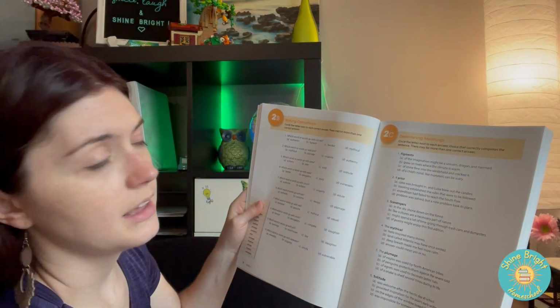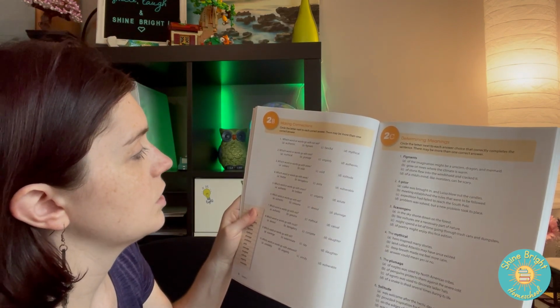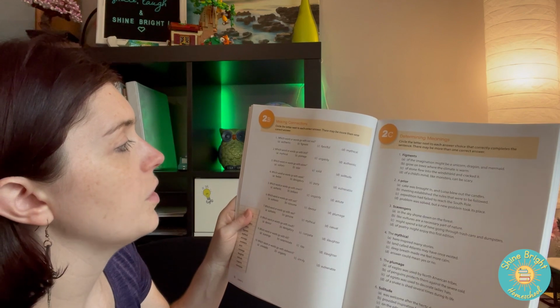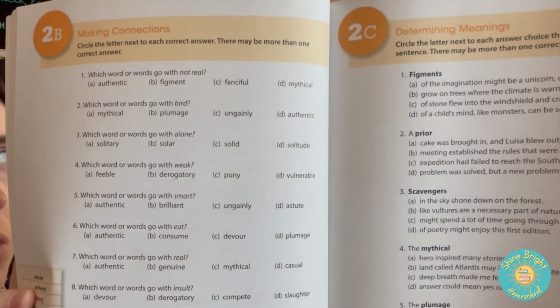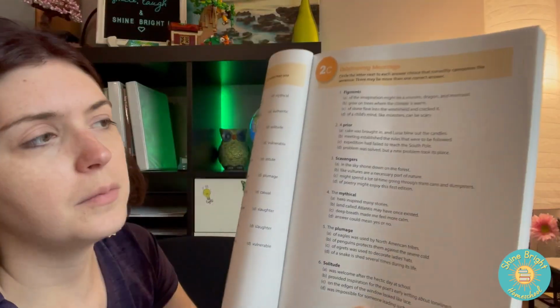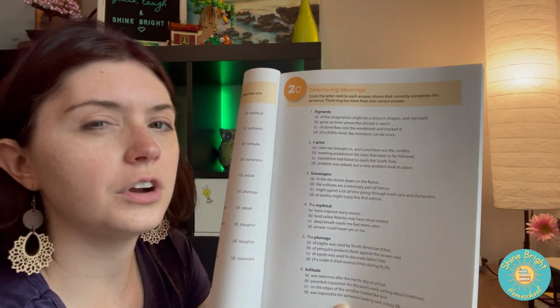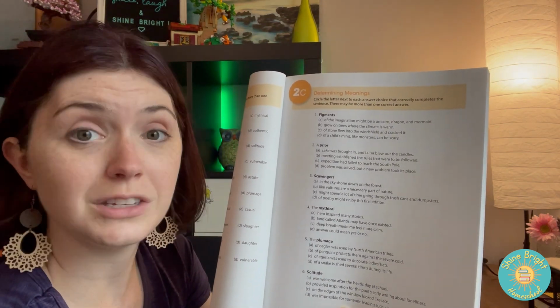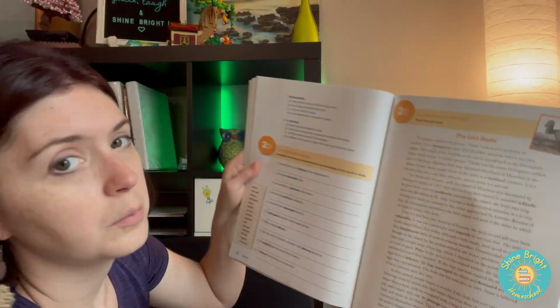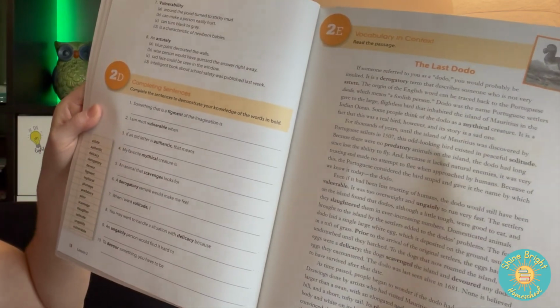So next one is making connections. Circle the letter next to each correct answer. Which word or words go with not real? So you'd be able to figure out what words would apply with certain phrases. Again, it's pretty repetitive in that way, but I think that's good. I think that's how kids can learn and hear it over and over again to find out all the different ways to use and not to use a word. Completing the sentences. Something that is a figment of the imagination is...